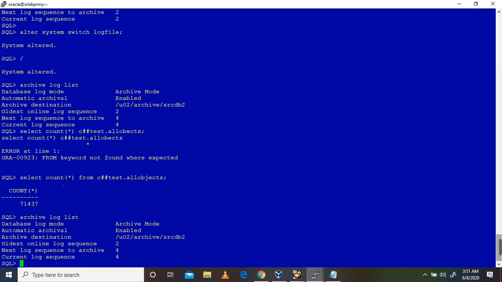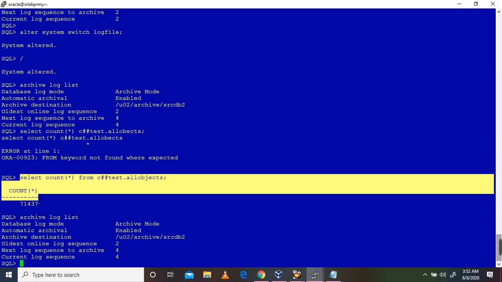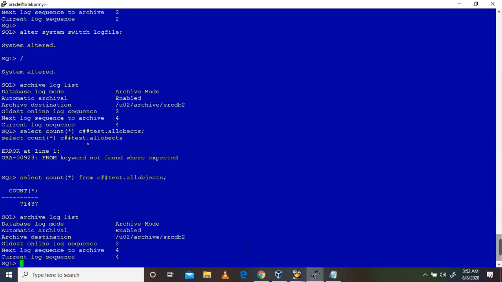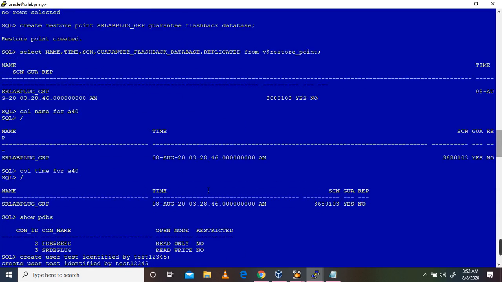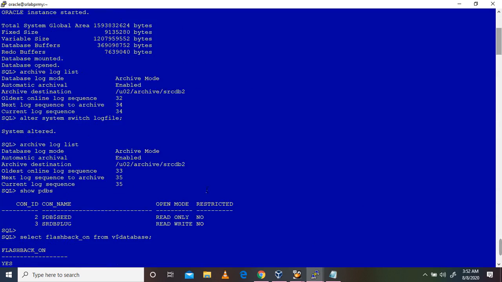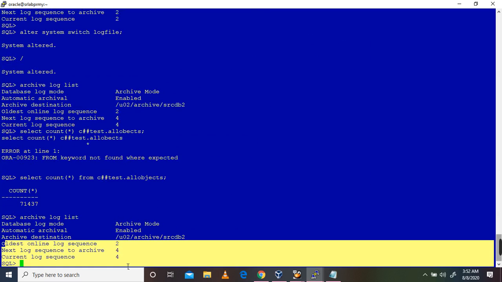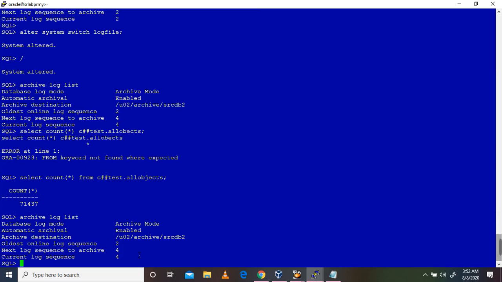The table we truncated on the source side, the primary side, we need to verify on the standby side. That is what we are trying to do by opening that database. Anyway, you can see the log sequence number. Earlier, the log sequence number was 35, 35, 35. Now it has newly started, the incarnation will change, and it started as open resetlogs, as we have given, and then the database got flashed back to the old state. Okay.